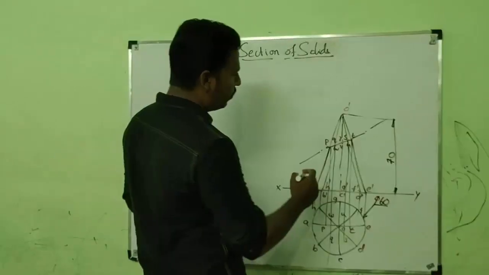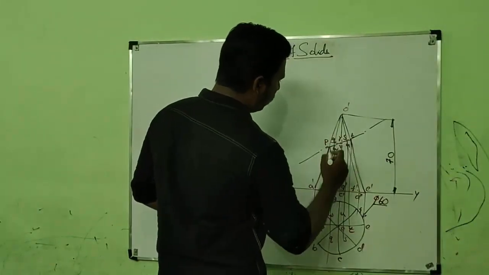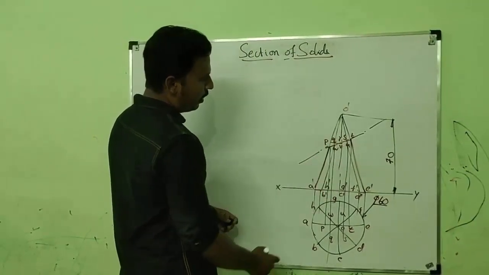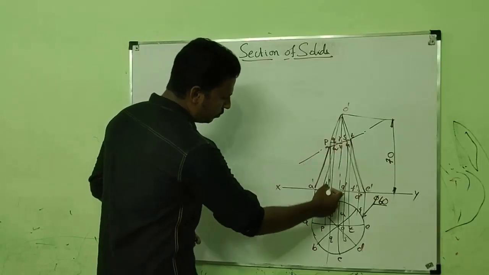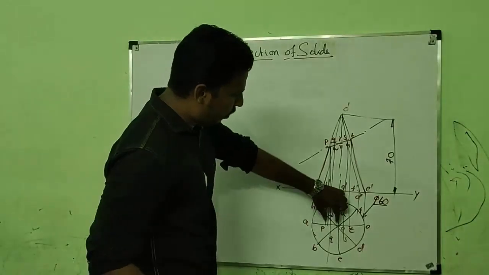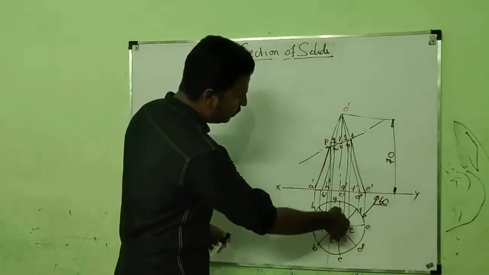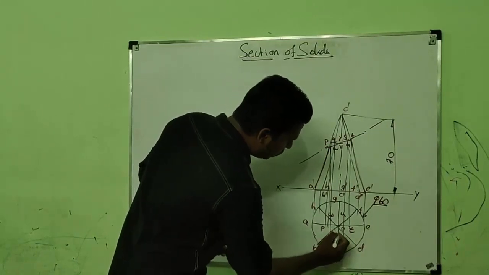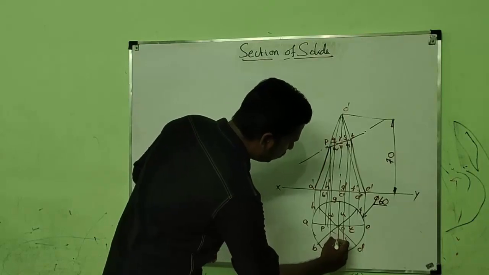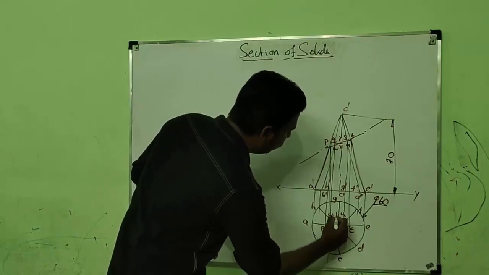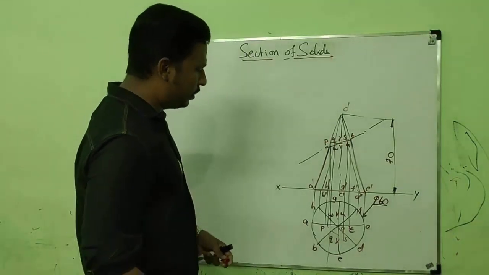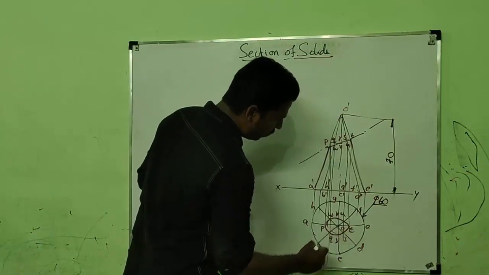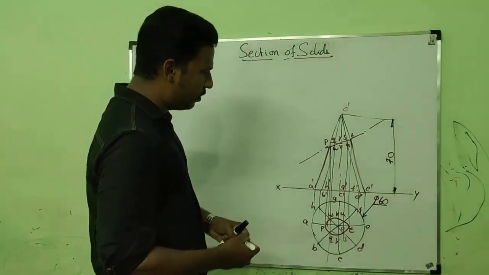Now I am transferring the point to the edge OA horizontally. Then I am cutting the point. Then I am transferring the point to the OA in the top view. Then using a compass I have to transfer the point from OA to OC and OA to OG. So here is the point. If I rotate that using the compass, here is the point R and here is the point V. And once you have got all the points, we have to connect them using a thick line. And this is the newly exposed surface that should be hatched.